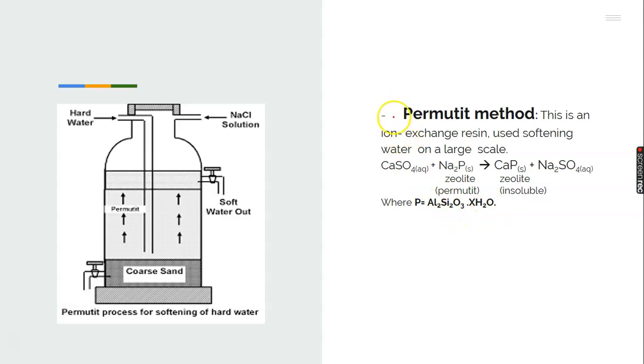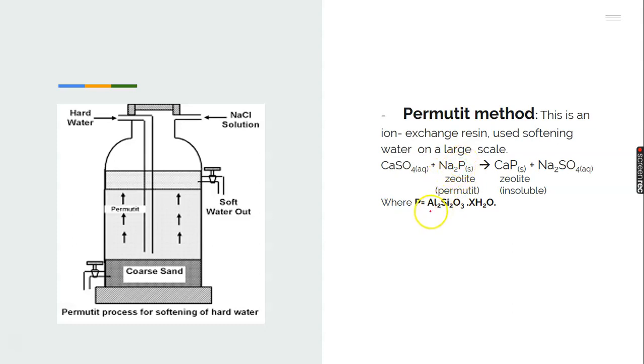So the last but not the least is called the permutit method. This is an ion exchange resin used in softening large scale water. When you have so much water you want to remove the hardness from, you use this method. This is the diagram right here. So the ion exchange resin is all about permutit. Permutit is the same thing as zeolite, which is sodium